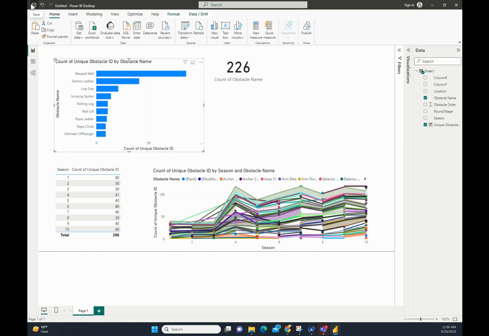I had a lot of fun. I hope you did too. It's not the most beautiful Power BI, but hey, we had 20 minutes and we rocked it out. I'm going to be thinking about the warped wall and trying it out the next time I'm at one of those crazy bounce houses. I've seen those warped walls there. So not a bounce house like when you rent for a birthday party, but more like a bounce house that you